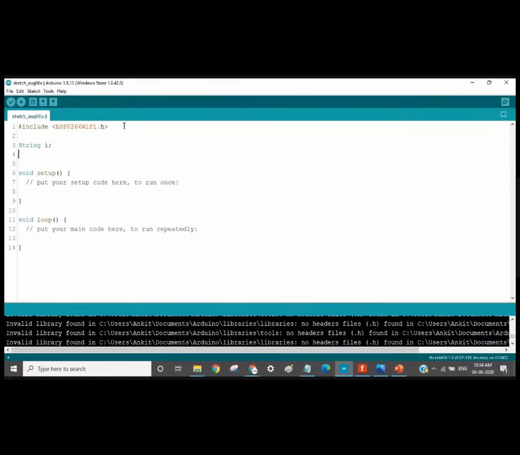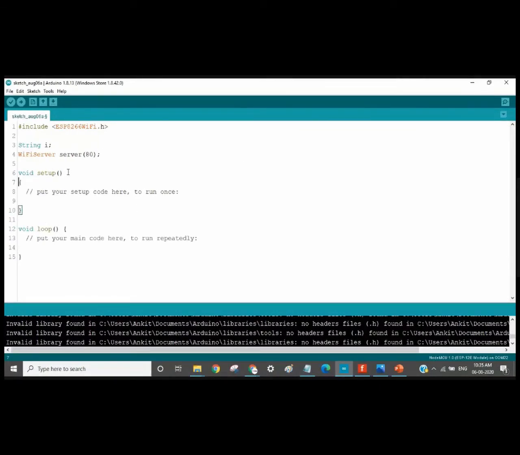Say the name is I, and since we are using it as a server, we are defining it as Wi-Fi server, and the name will be server 80. So this needs to be added by default. Okay, you have to add this line if you want to use it as a Wi-Fi server, right?